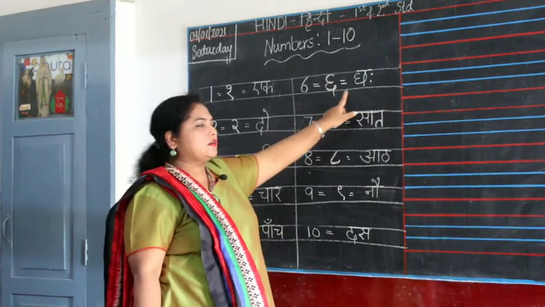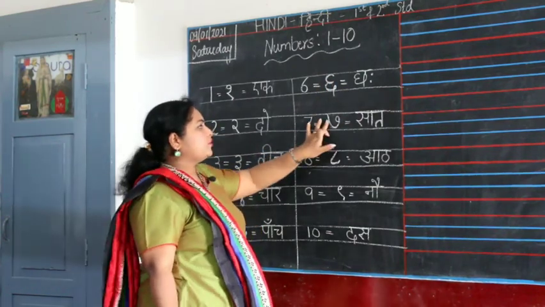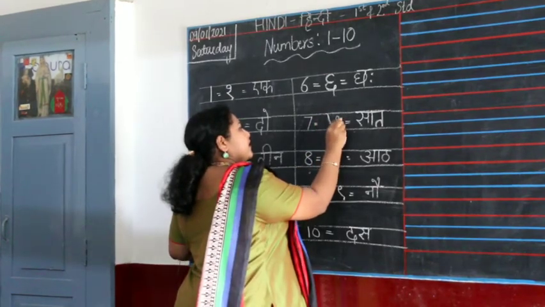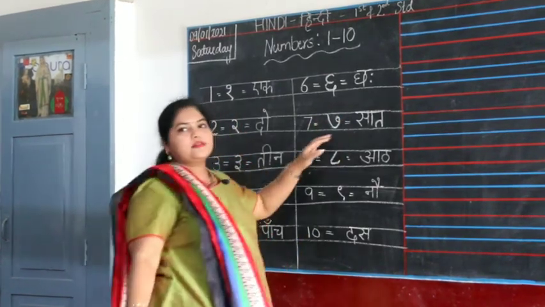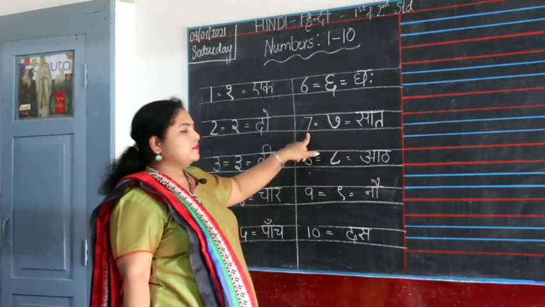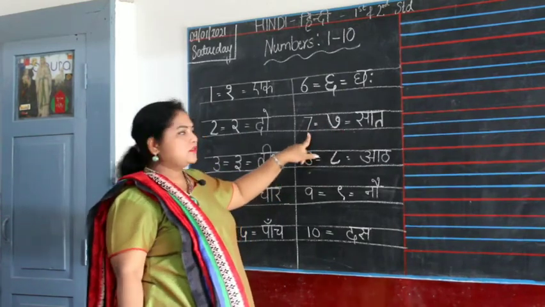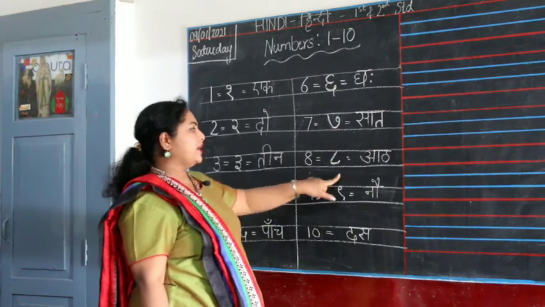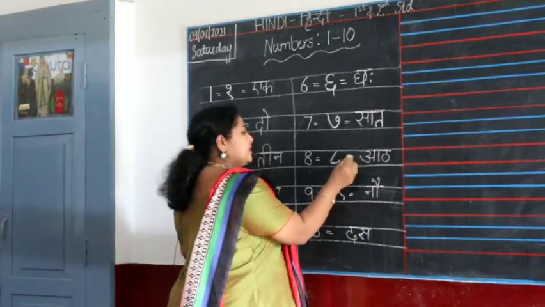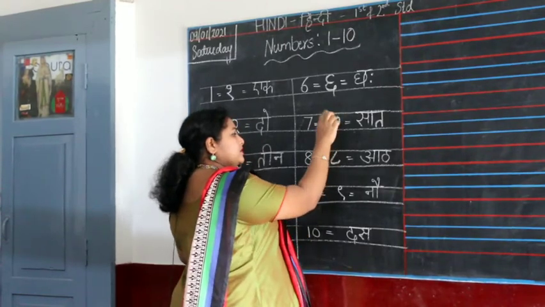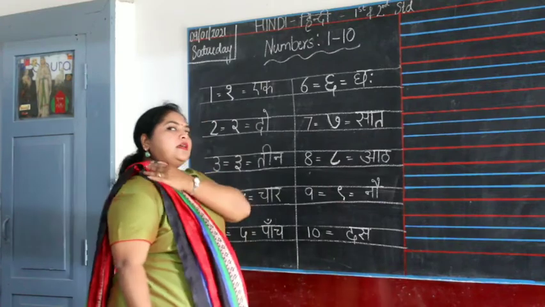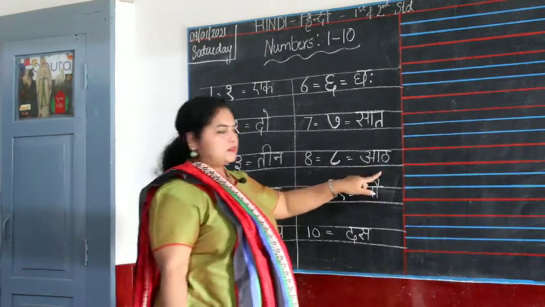6, cha. Now this is 7. How do you write 7 in Hindi? Like this and a knot here. That's your sat. 7, sat. Next number is 8. And how do you write 8? It's very easy. Like 7 is this way and 8 is towards you from your right and a curve. That's it. 8 is art.